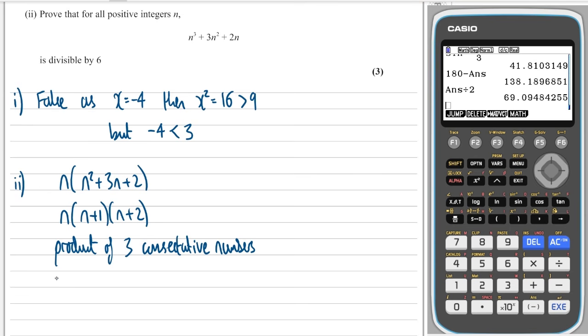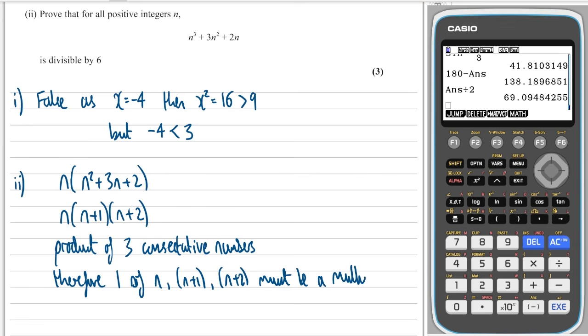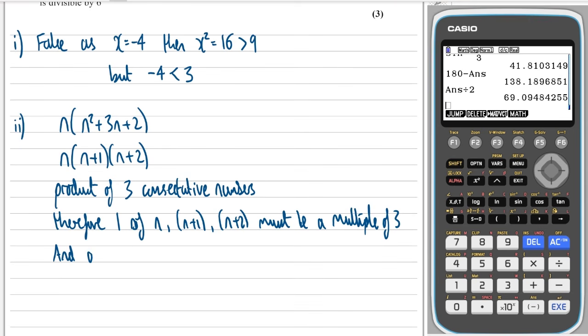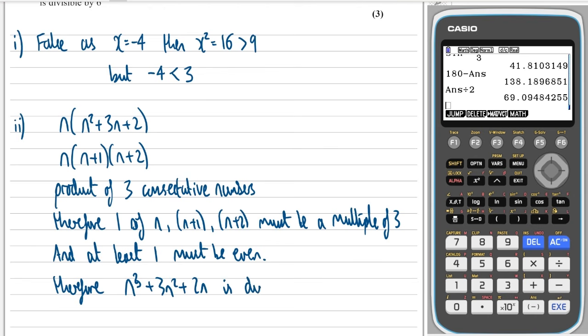And then we can say, therefore, one of n, or n plus 1, or n plus 2 must be a multiple of 3 and at least one must be even, and therefore n cubed plus 3n squared plus 2n is divisible